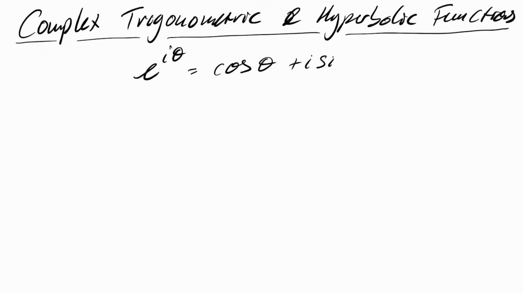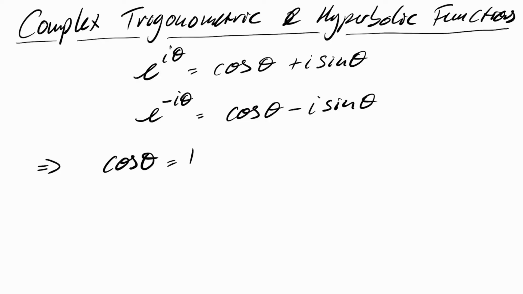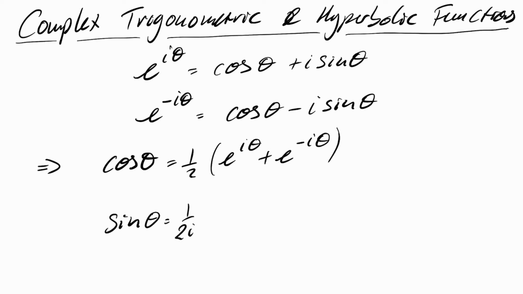And let's also consider the conjugate of this. So I take the conjugate of Euler's equation, I get this. Then if I add and subtract these equations, I can get unique formulas for sin θ and cos θ. So the relationship between the exponential function and the sine and cosine functions becomes clear now that we have